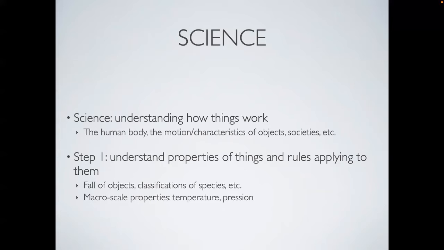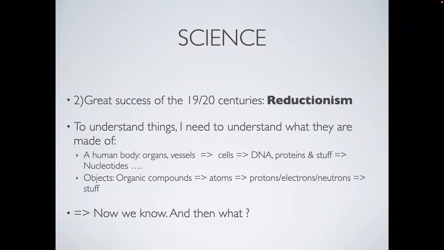You drop an object, and you try to guess how it is falling or moving, what it depends on. So you look at the world at the macro level, and you try to understand it directly this way, object by object. And then there was the great success of the 19th and 20th century, which was the reductionist approach,